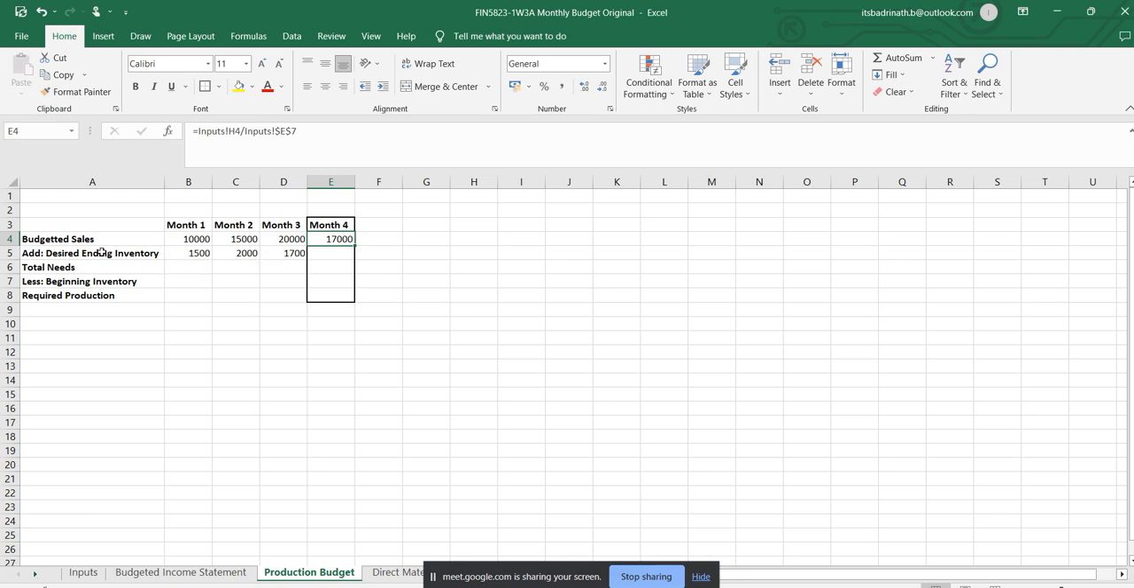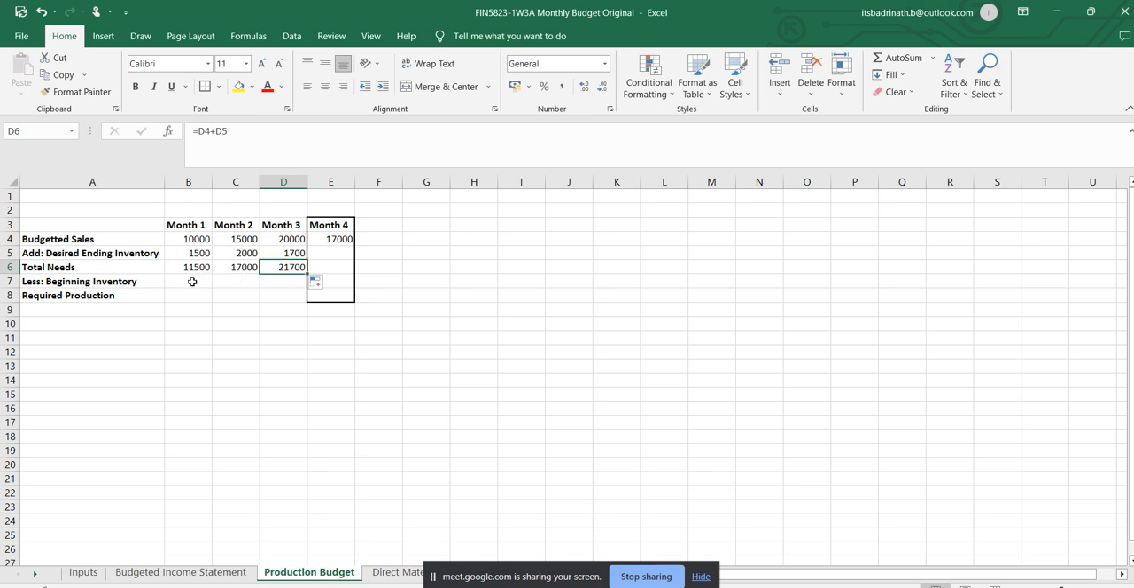Now total value will be budgeted sale value, means whatever the production that we planned for month one, then the desired inventory. The addition of these both will become the total need, the total production that is required. So this is equal to adding these two. Okay. So quarterly is 3 months. So for the fourth month, no calculation is required actually. Okay. So these are the values for